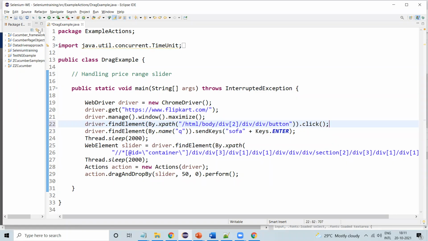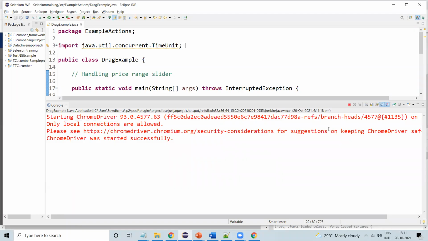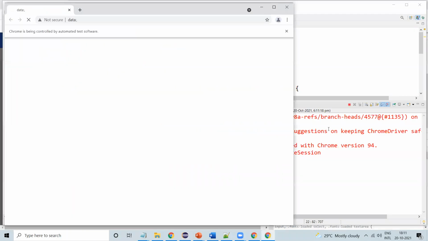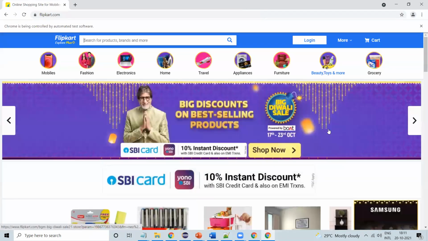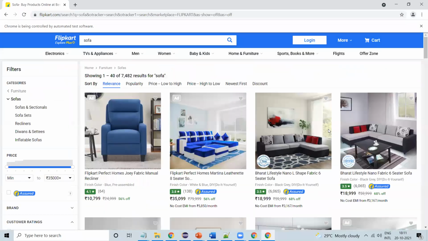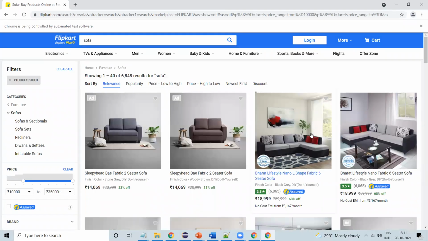Now we'll check. Yes, see, it slides from here to here, and the price range is also changing as per the range of the slide.